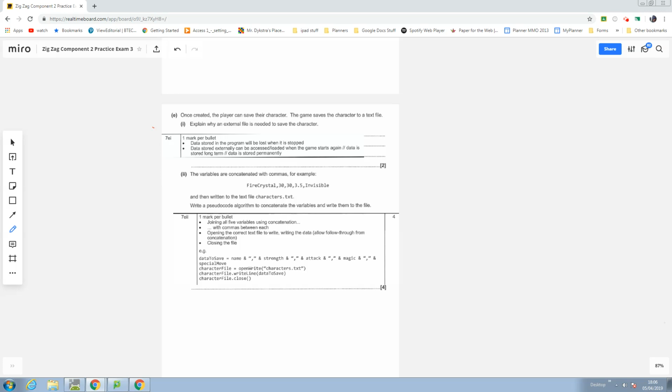So these, again, are the bullet points for the marks. So joining all 5 variables together using concatenation. So you wouldn't get the mark if you did 3 or 4 of them. You've got to get all 5. And you've got to have the comma in between to get the second mark. And you've got to then open the file, which is what this does. Then you've got to write the line, and then you've got to close the file. If you're ever asked about writing to files, you've got to open the file